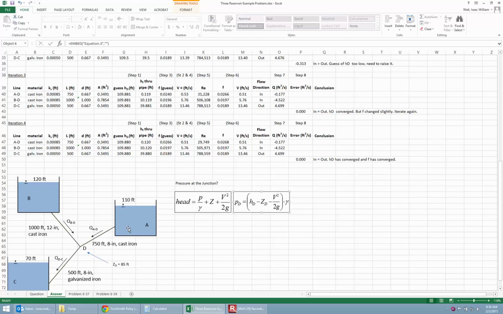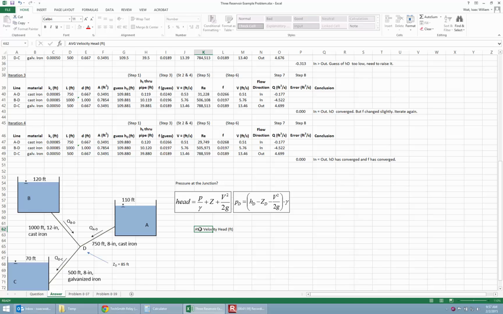Now there's not just one velocity head, which is what makes things a little bit complicated. There's three pipes that are connected to this junction, and each one of them have a different velocity. We can see in this example there's a pretty huge disparity in the velocities through each of the three pipes. We've got one of the pipes with less than 1 foot per second and one of them with 13 feet per second. So what I like to do is find the average velocity head,